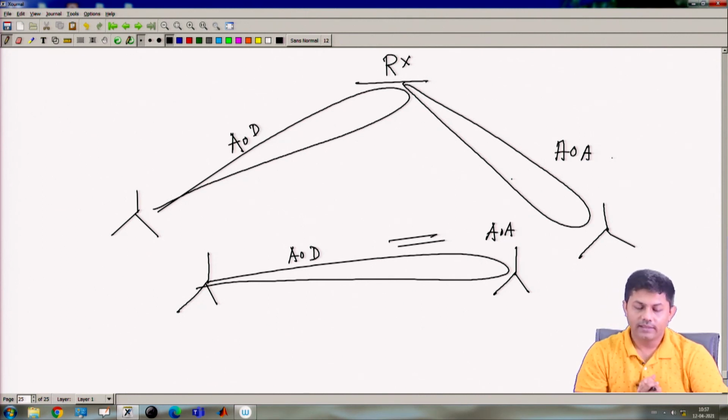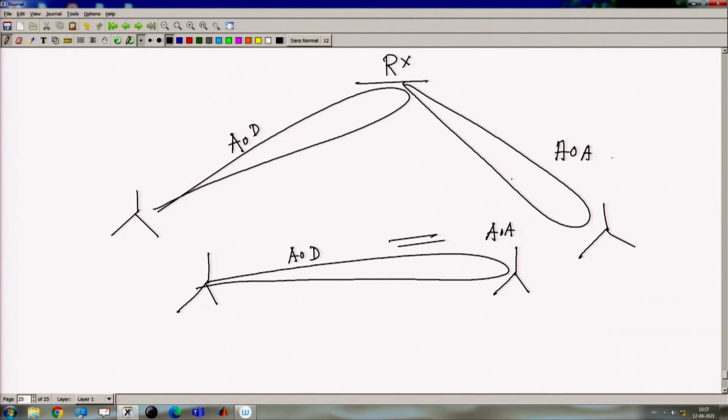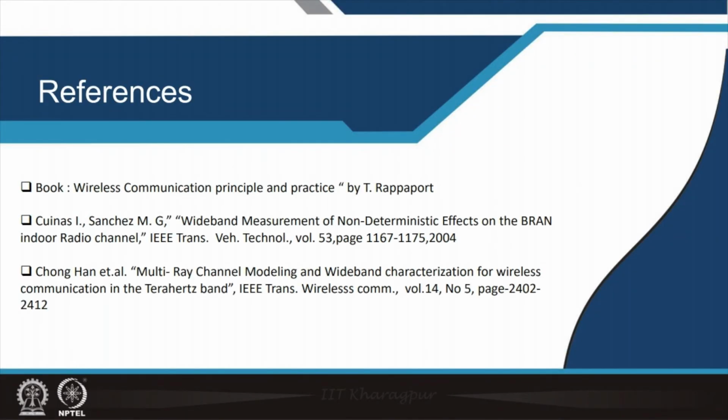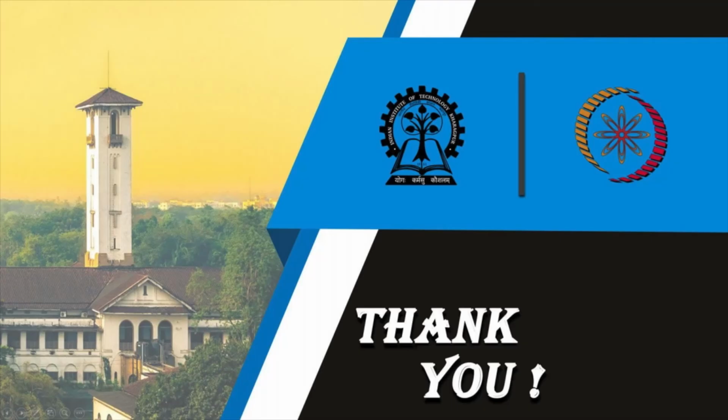Okay. So, with this I hope I made you understand how exactly the H matrix can be configured or constructed for different configurations of my antenna at the Tx side and Rx side with 1D, 2D and 3D. Okay. This is what we have just concluded, and these are the various references. With this I conclude the talk today.